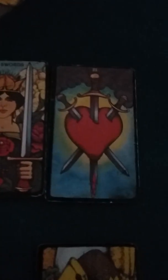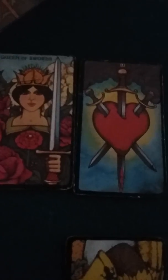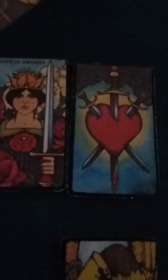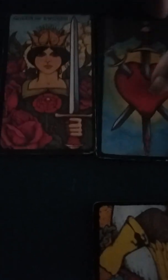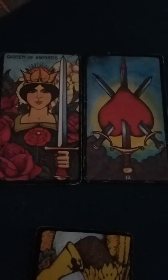Normally the Three of Swords, when it's presented in its normal upright position, indicates some type of an affair. In this position, I'm reading it as indicating some kind of emotional heartache,